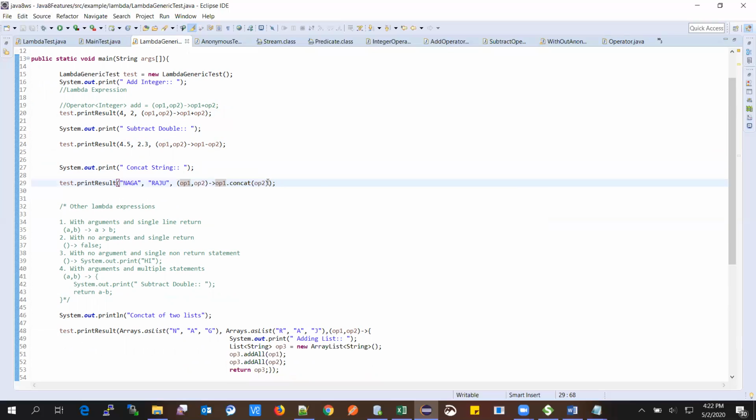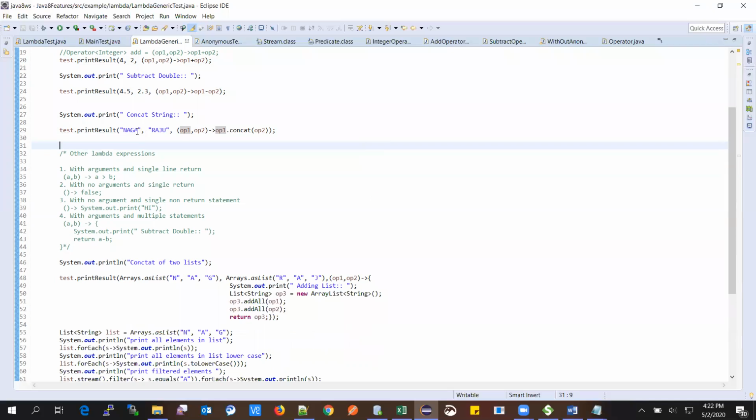So it dynamically implements this statement in the operation method and gives the results. This will give the concatenation of these two strings.